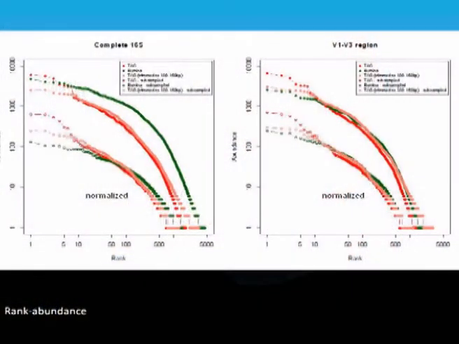This is just to show a general graph. There's no very specific information here. What I want to say is that it might look more complicated than it is. It's a typical rank abundance. So for each,